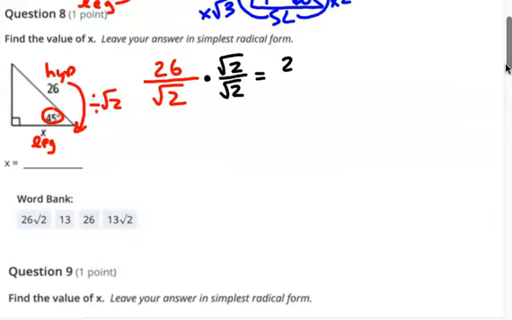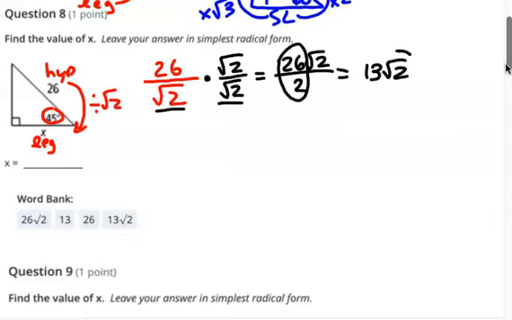That gives us 26 square root of 2 up top. On the bottom, square root of 2 times square root of 2 is 2. It's the square root of 4, which simplifies to 2. Okay, then we're allowed to take the 26 and the 2, since they're both outside of a square root, and divide those. So our answer for this one is 13 square root of 2. And number 9,